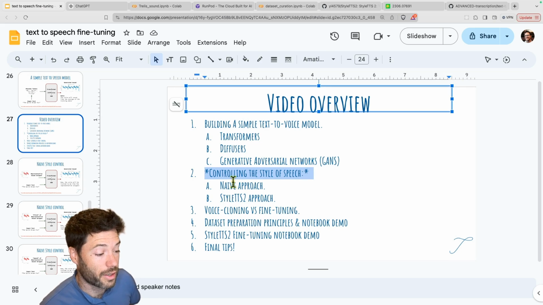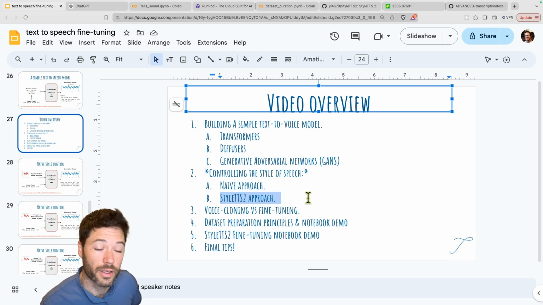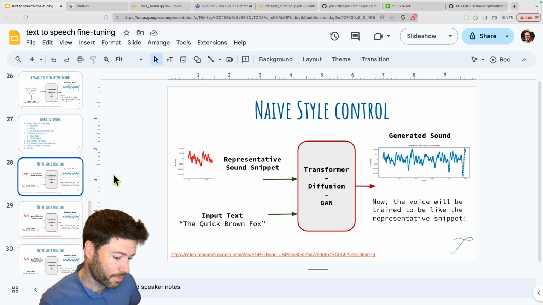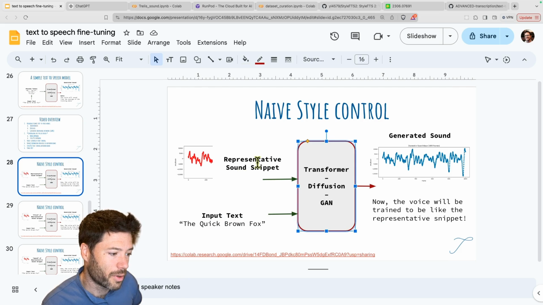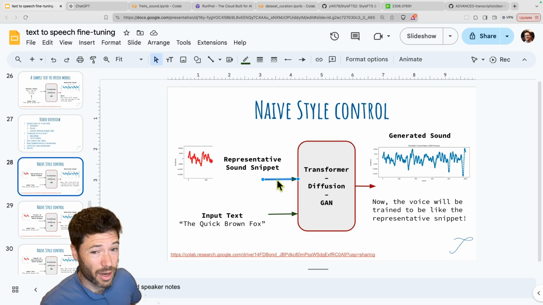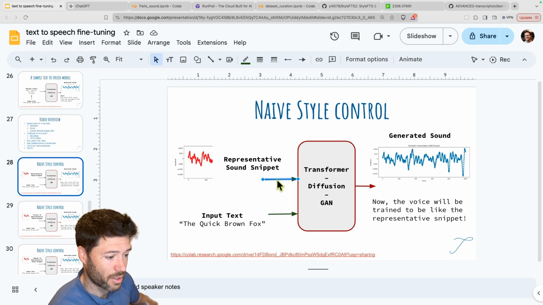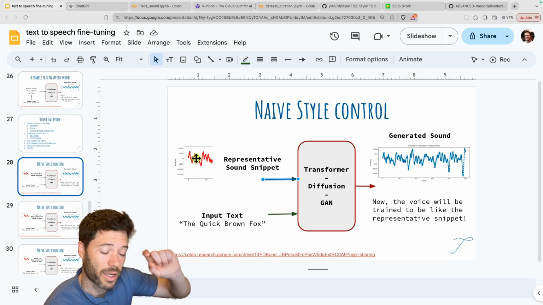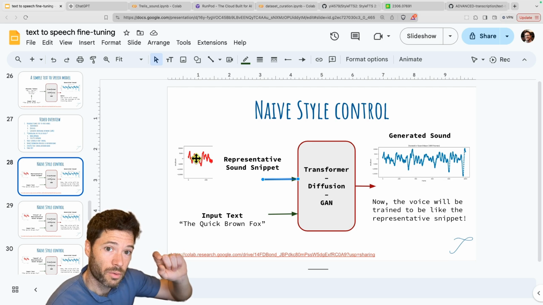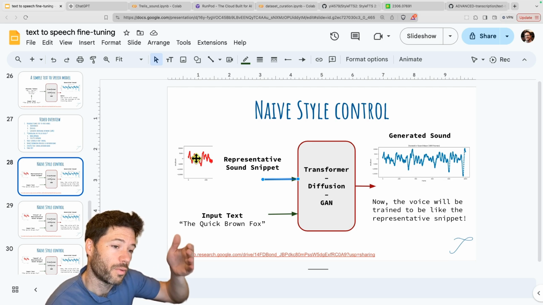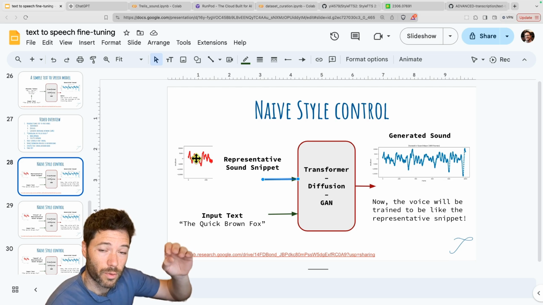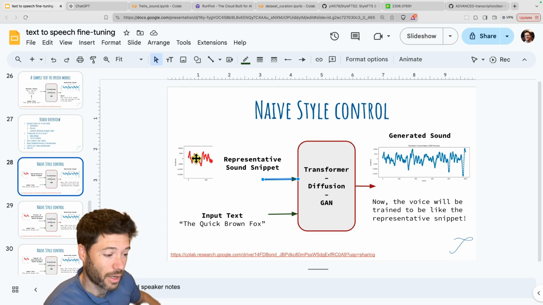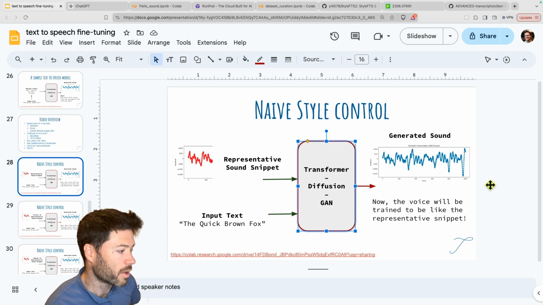And that brings us to the next part of the video where I'll talk about how to control style. And I'll do that in a naive way and then in the StyleTTS2 type approach. If we want to control style, that means when we train a neural network, there needs to be some input that affects style. Probably the most naive way you could do this is to input a sound snippet. For example, you could take 1 second of a representative audio sound wave, and if it's 24 kilohertz, that would be